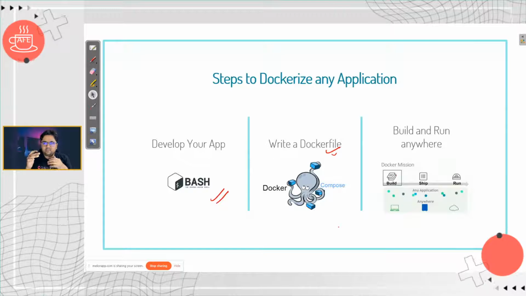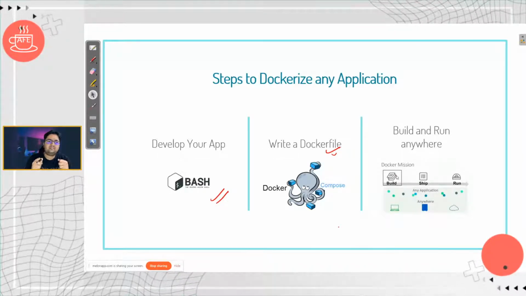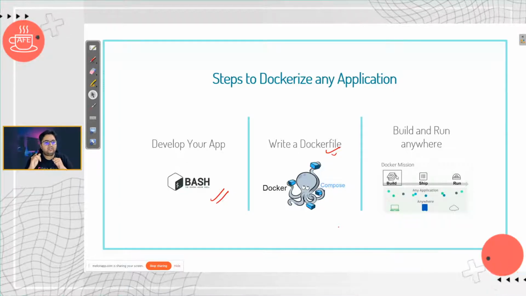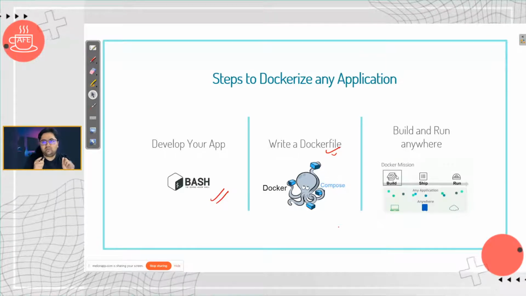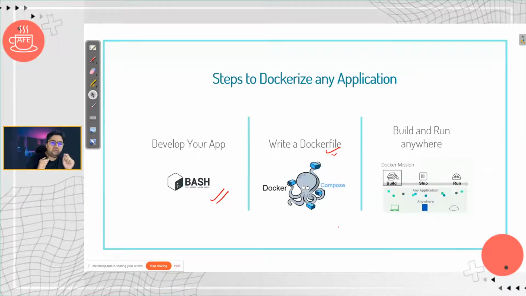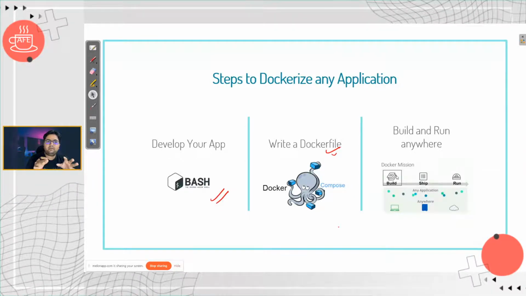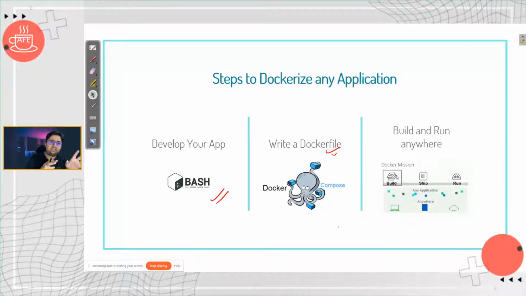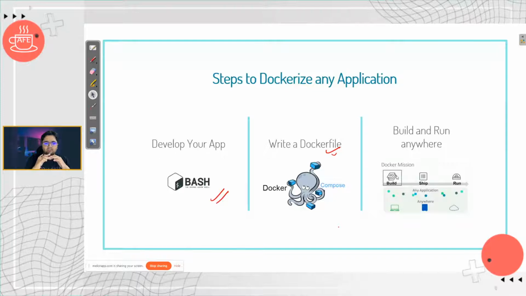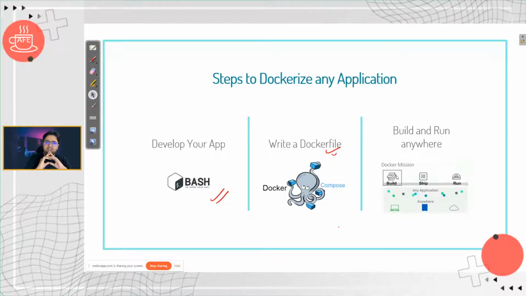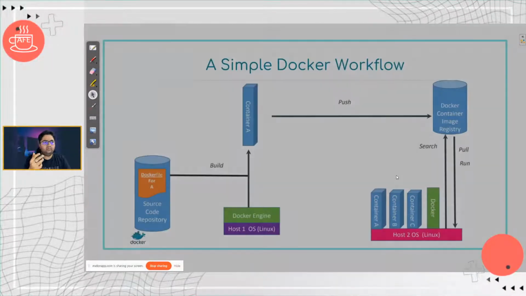Now, in good old days, Java had this flag of write once, run anywhere. Unfortunately, that was not that strong, because you had to worry about JVM issues, you have to worry about runtime challenges, you have to worry about build systems. But Docker truly has probably taken the whole game and said build and run anywhere. If I create a Docker image on my machine and I send it to you, you'll be able to use it. Pretty simple. There's nothing big there.